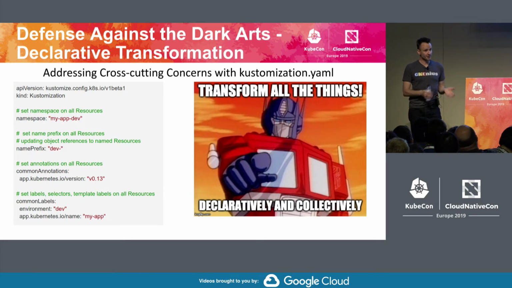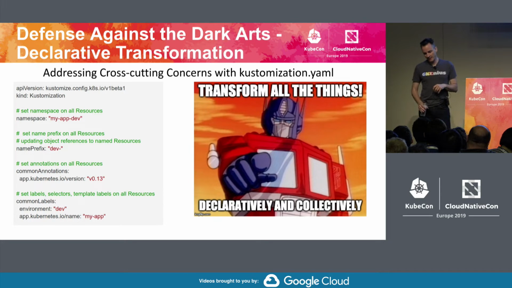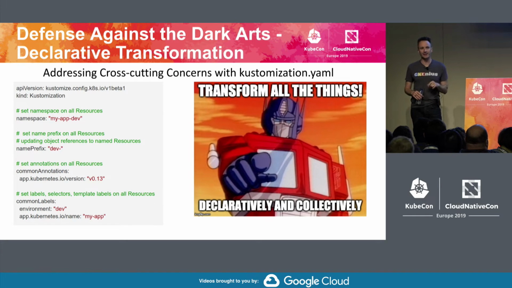Or you may want your prod resources to have the prod-name prefix. Right? And this can make it easier just to look at a resource and say, yes, I know this is a dev one immediately without having to go look at what namespace it's in or what labels are on it,